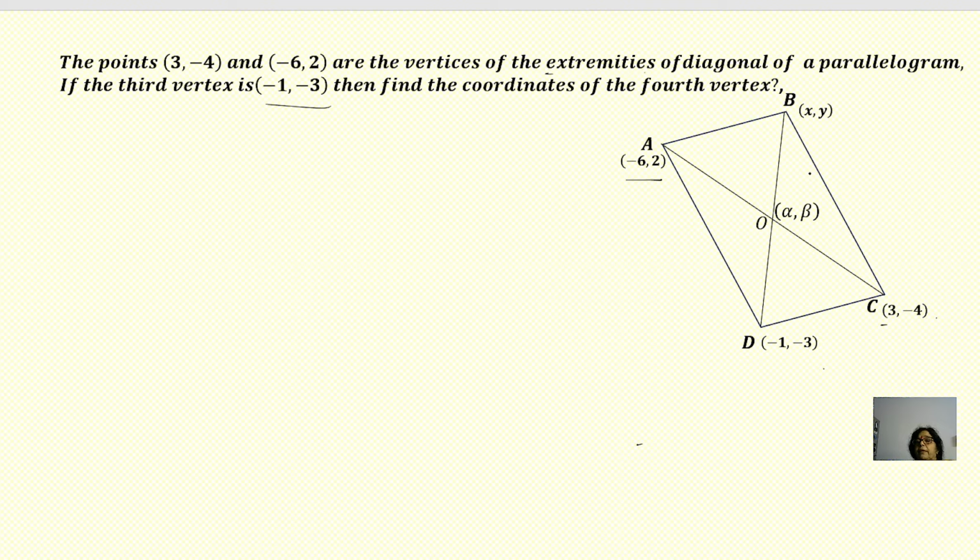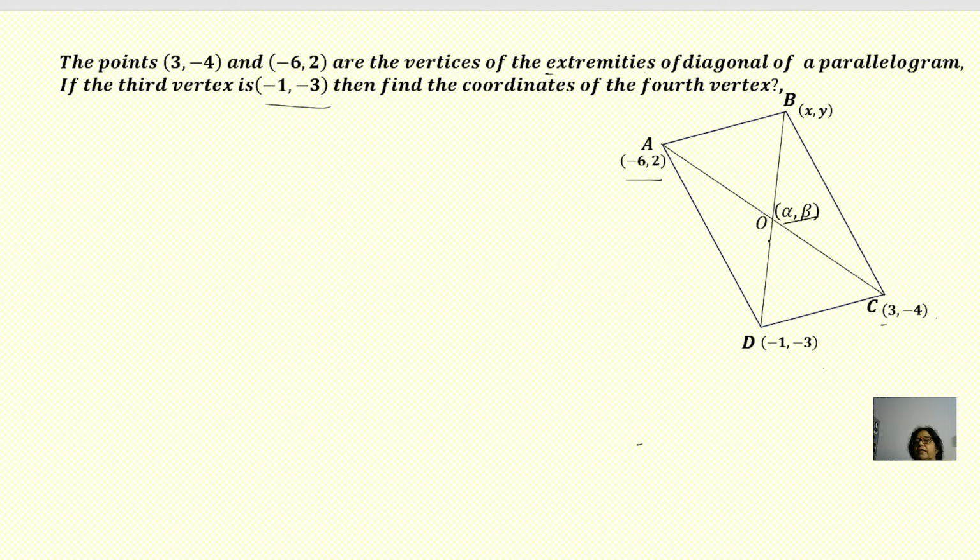Now, in a parallelogram question, the important thing to be remembered is the property of the parallelogram, which states that the diagonals of the parallelogram bisect each other. That means AO is equal to OC and BO is equal to OD. So now we'll take the help of this property